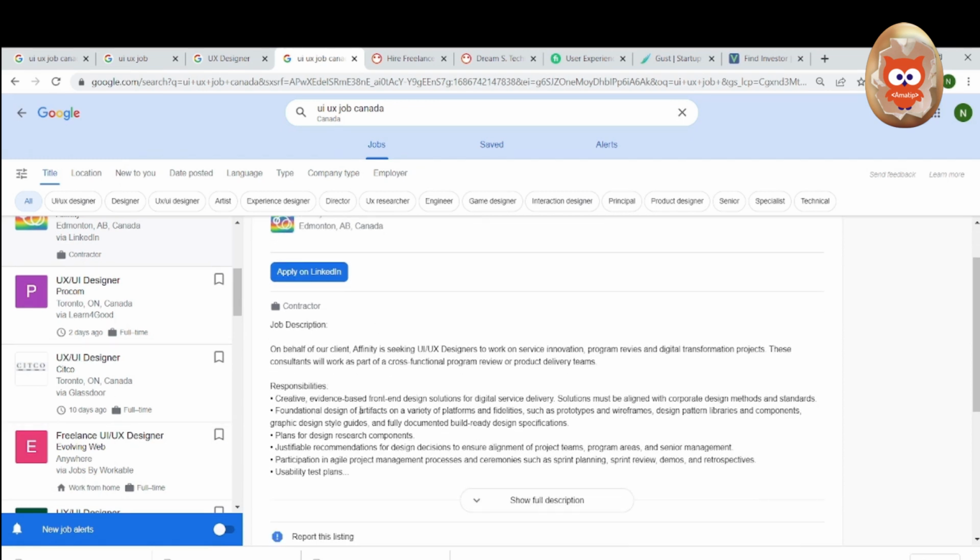Okay, so if you have interest and you love to become a UI UX designer, I will give you one simple homework, and once you submit this homework, we're able to use that to analyze your success potential in this field of UI UX design. Okay, so this homework is very simple. I just want you to reflect back.